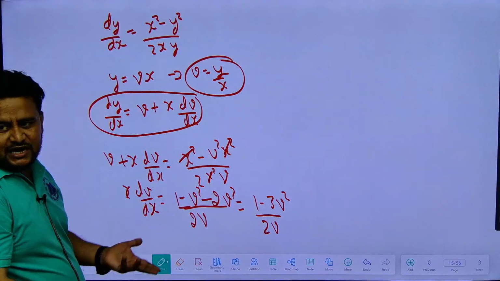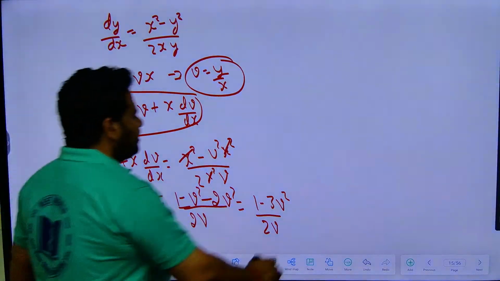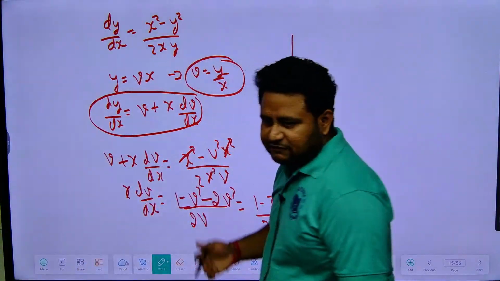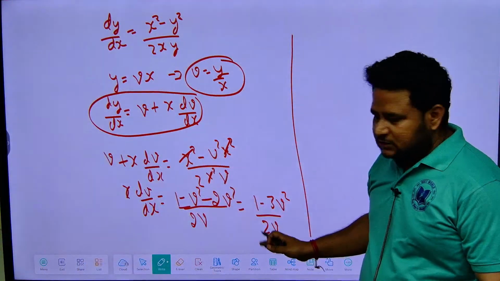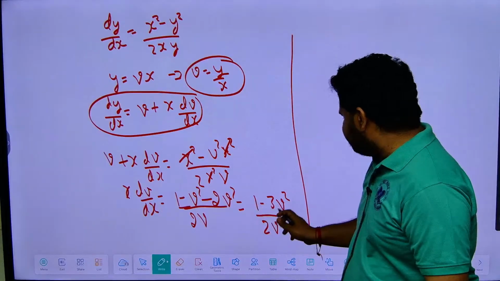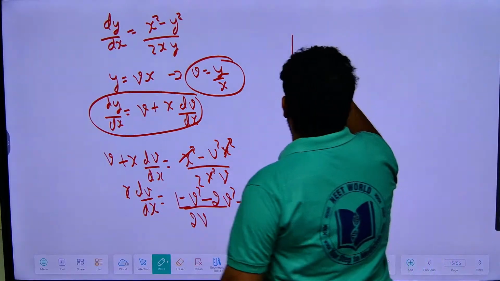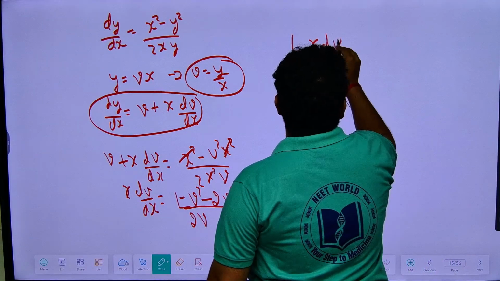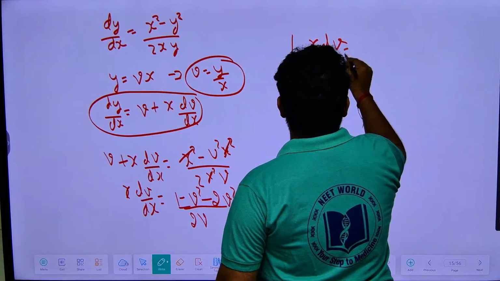Now I will apply variable separable form. Now I will be applying variable separable form. So here 1 minus 3v square by dv, let me write again. So x into dv by dx is equal to